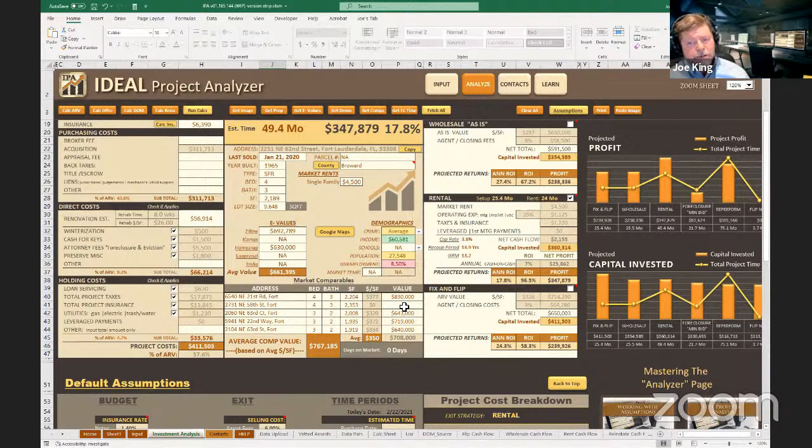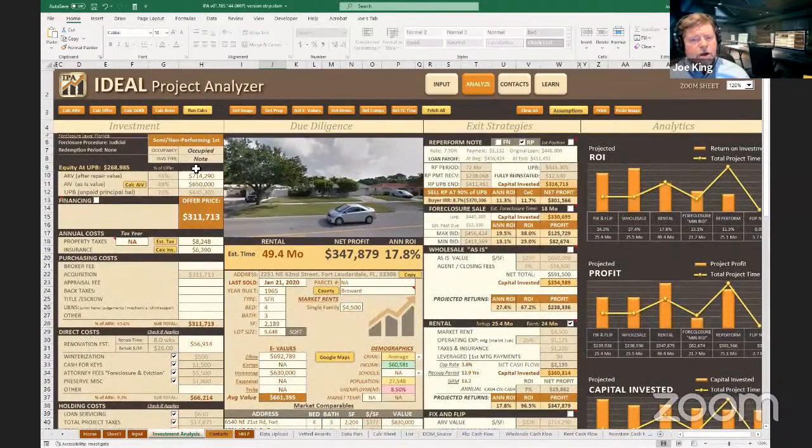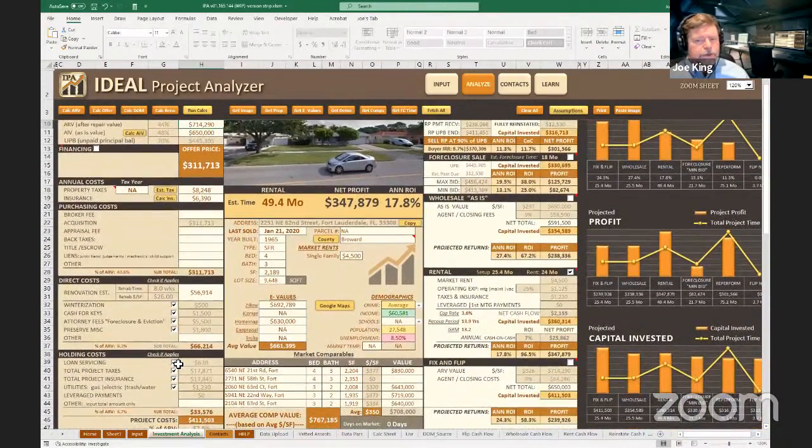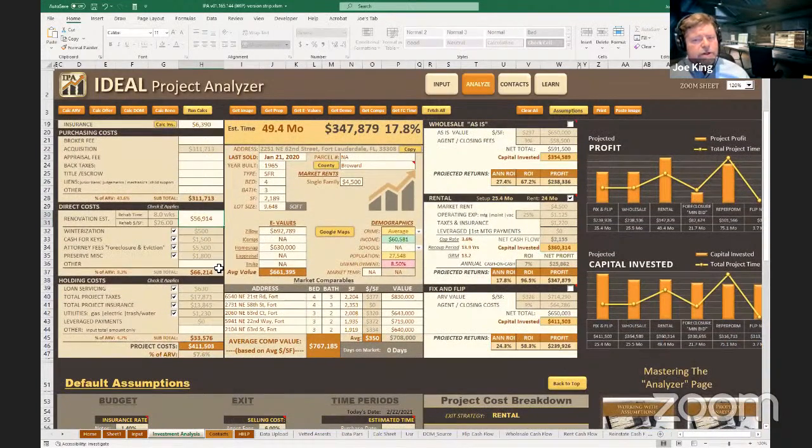You have to do it for the general area and what's going to sell. But in this case, let's say our ARV, or after repair value, is the 714 mark, and we're doing a medium renovation to 2,100 square feet. It's going to cost us